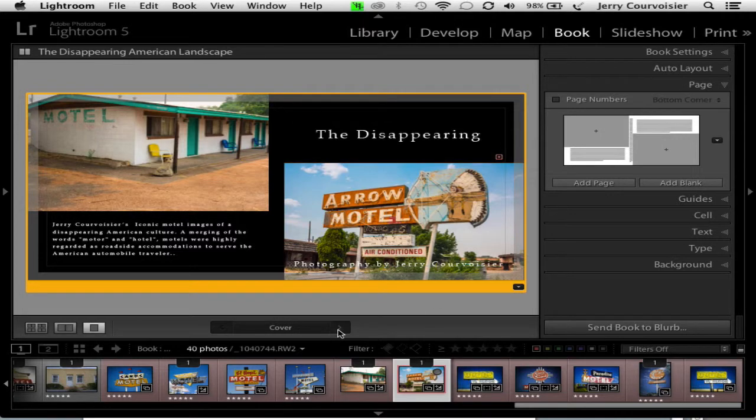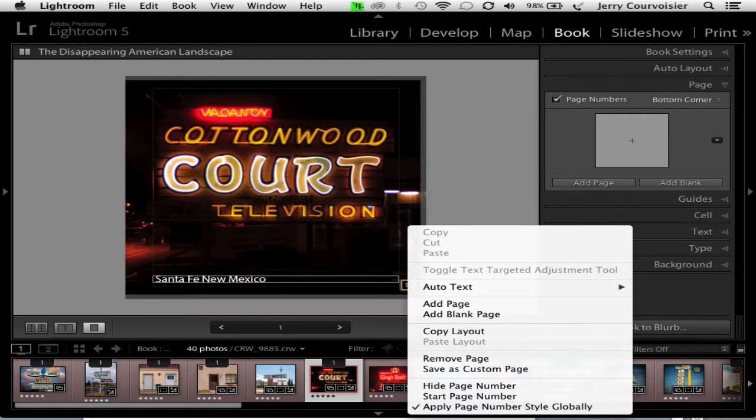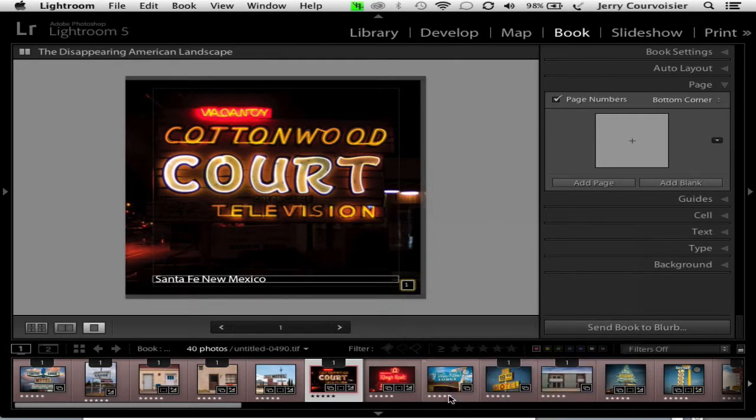Second, if we move to the page header, page numbering has now become a new welcome feature. I'll move to the first page in my book and I'll enable page numbering. And you can see that I have bottom corner with other selections, top corner, top, side, and bottom. Within the central viewing area, if I right click on the page number area and say start page numbering,